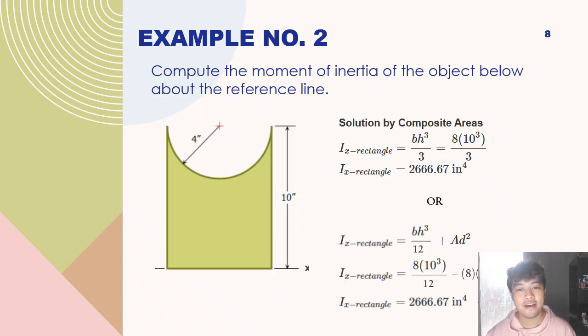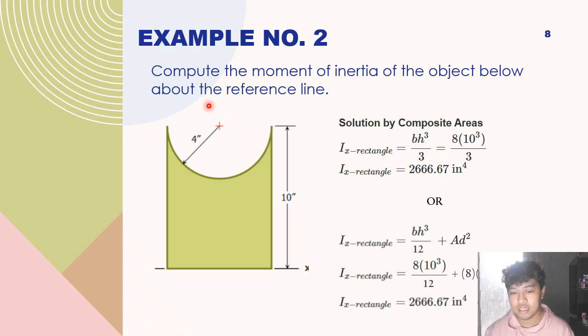Alright, at this point, let us have example number 2. So in this example, we are to compute the moment of inertia of the object below about the reference line. So based on our drawing here, our reference line is going to be the x-axis, which is at the bottom of our object, which if you check our object, here we have two shapes. So the first shape is going to be a rectangle for the whole thing, this one. And then we also have another shape, which is this one, a semicircle, which we have to subtract from the